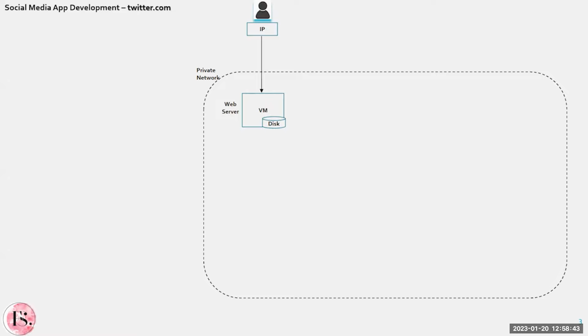Now to start with, suppose we are starting up, then we will probably build a small code in maybe PHP and we will run it in some kind of application server or a web server. And it should work maybe for at least 100 users or lower than that. And it works fine. And our user will access this application using IP address initially. So maybe this VM has some public IP and users access it. Now what happened over time